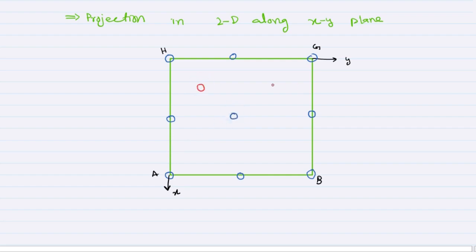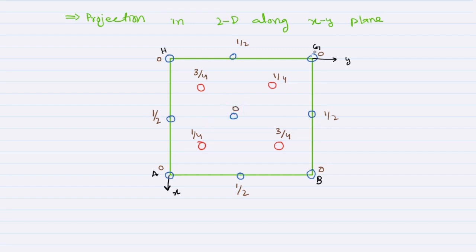Now we will put the atoms that are at the tetrahedral position. These red atoms indicate the carbon atoms at tetrahedral position. Since this figure is in x and y, we will write the indices of the z-axis with them. So these 4 are at 0 on the z-axis, where they are at half distance of the z-axis. These are 3 by 4 along the z-axis, and these are 1 over 4 along the z-axis. This is the bottom face atom, so it is equal to 0.